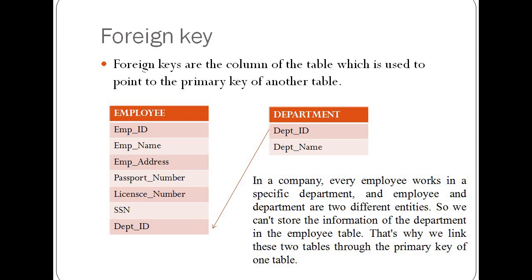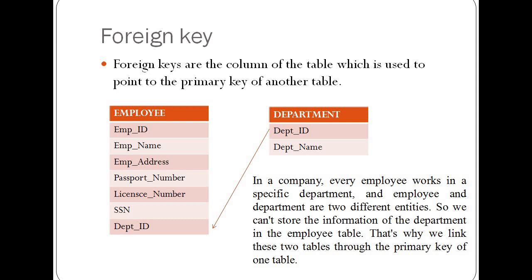If you observe this example, here two tables we have given. In the employee table, the unique and the primary key is department ID, which is also present in the second table, that is department. And this one can be considered as a foreign key. In the first table, department ID will be acting as a primary key, and in the second table, the same key will be acting as a foreign key.